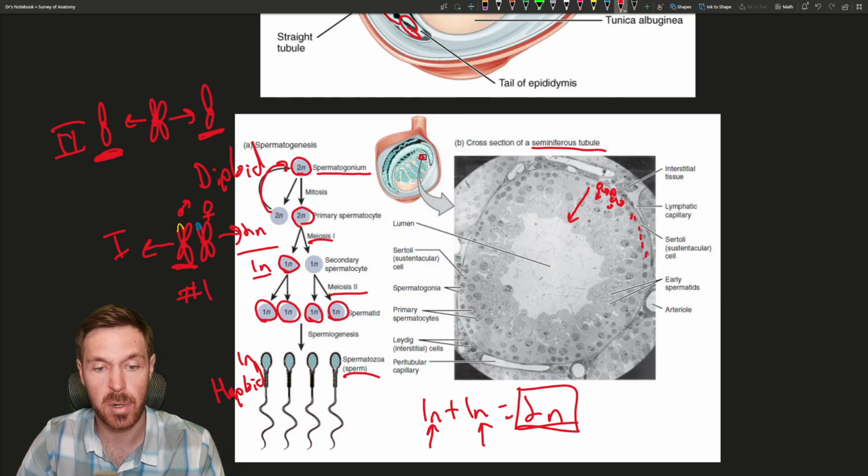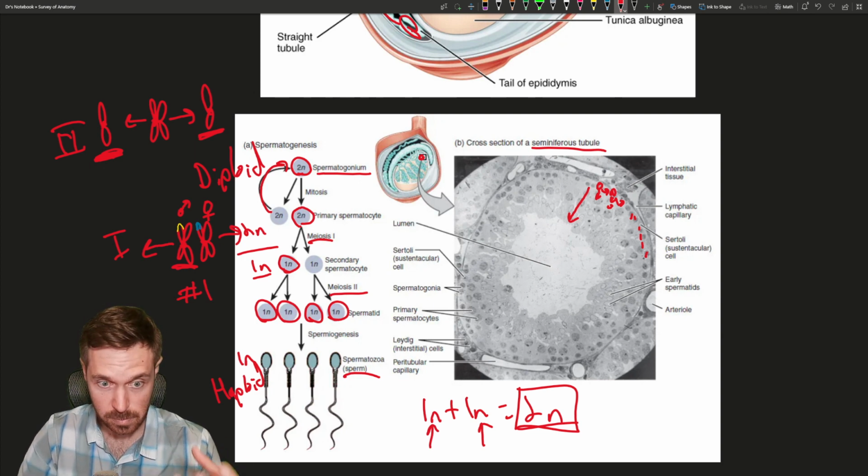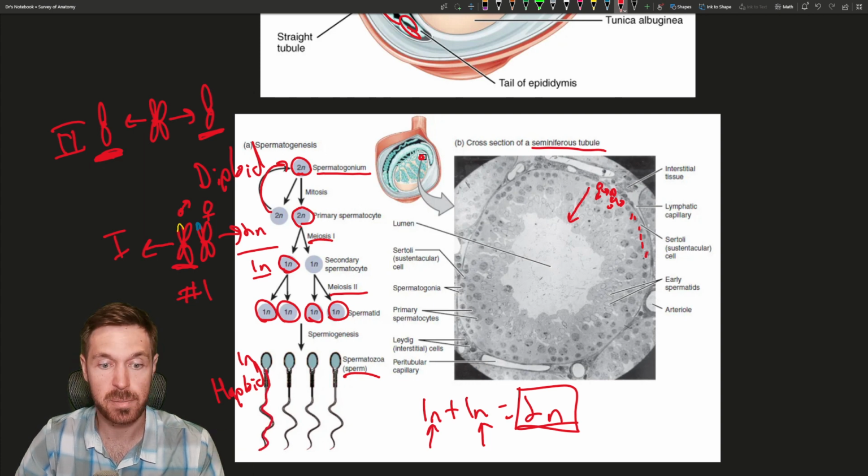The spermatids then go through a process of spermiogenesis where they form a long flagella. So sperm are the only motile mammalian cell. They can move around. Well, they're the only mammalian cell that has a flagella. They have a whole bunch of mitochondria wrapped around the midpiece, and up here is the head of the sperm,